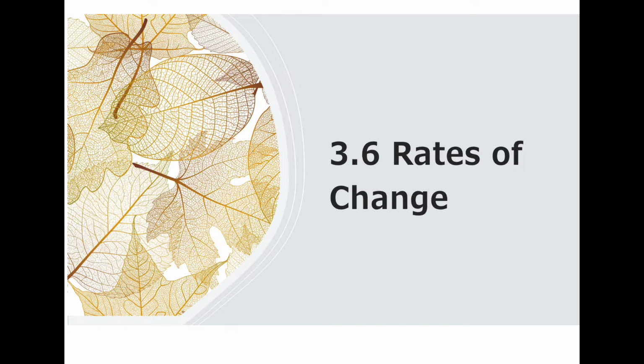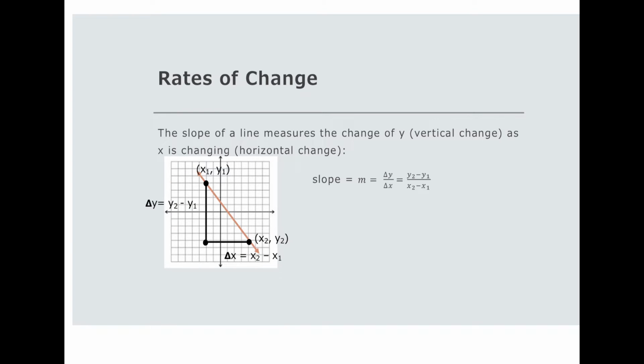In this section, we're going to introduce the idea of finding rates of change of functions. The rates of change have similarities to the slope of a line that would contain 2 points. Any 2 points that we pick out can define a single line that passes through those points. When we look at slope, slope is the change of y, or delta y over delta x, change of y